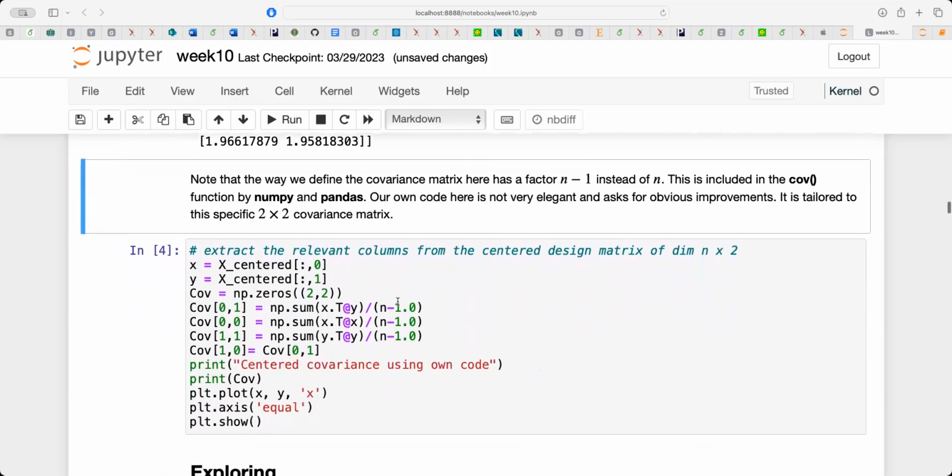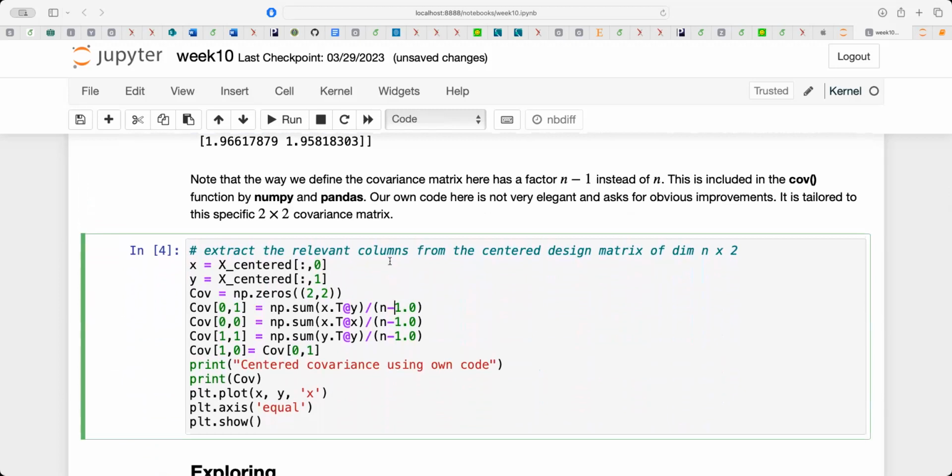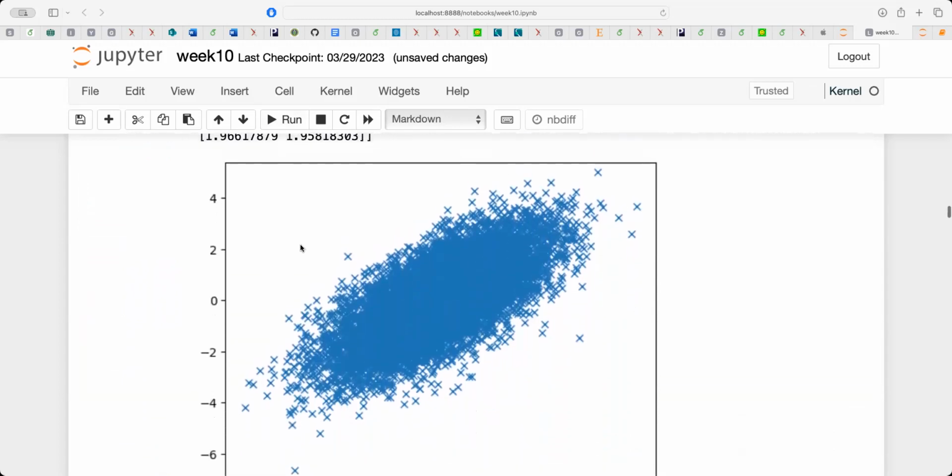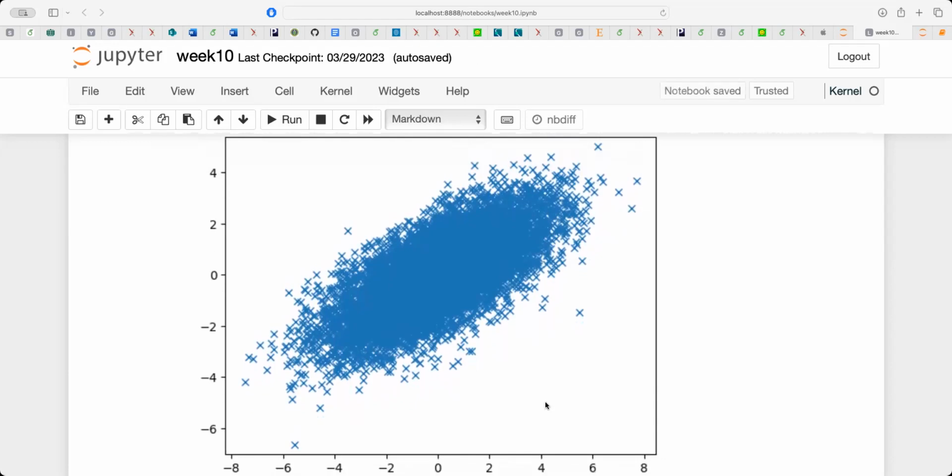Then what I'm going to do now is simply extract the relevant columns from the centered design matrix. I'm calculating the covariance, and now I'm printing my results. So this is what my data set looks like. I have two features, you could think X1 here and X2 here. These are your data points, right? So 10,000 for x0 and x1. And I plot x0 and x1. This is just a two-dimensional plot. If you look at this figure,